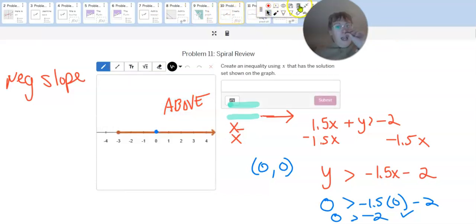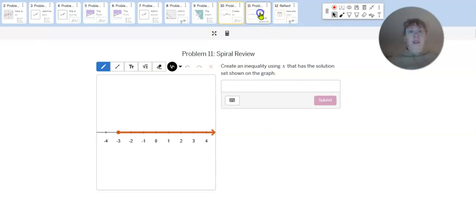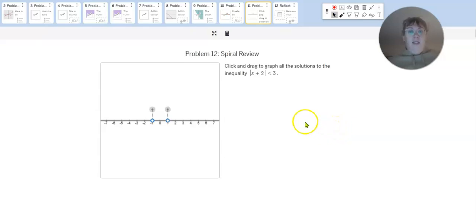On this slide, for the next one, I want you to do this on your own, creating an inequality. So think about where's the boundary point, which way are we shading, is it filled in or is it open? So what symbol are we going to use? And then lastly, click and drag to graph all the solutions to the absolute value of x plus 2 is less than 3. So remember when we see a plus in here, this is x minus a negative 2. So the distance from negative 2 is less than